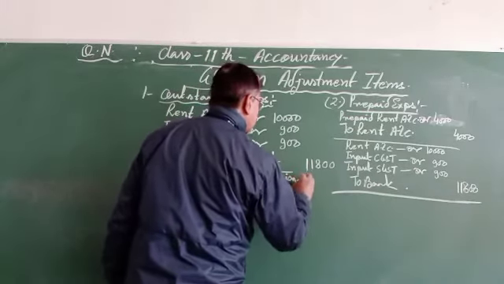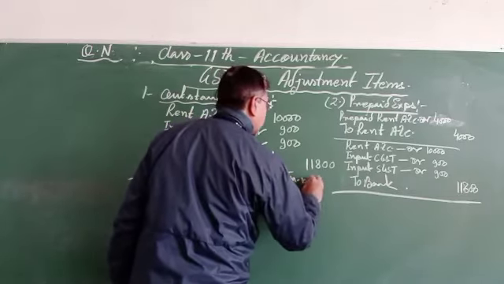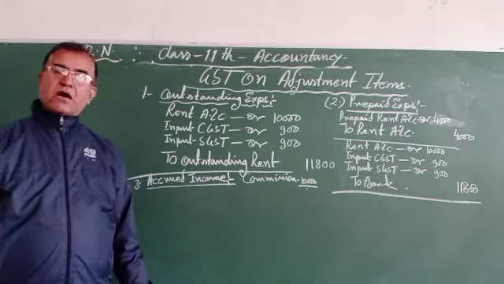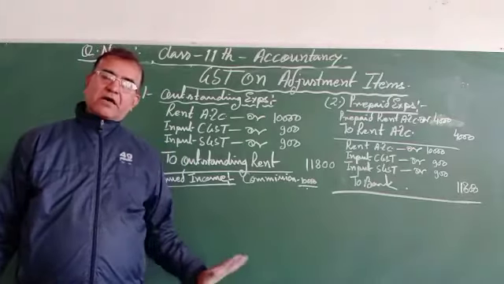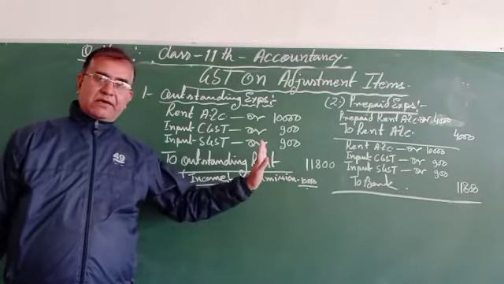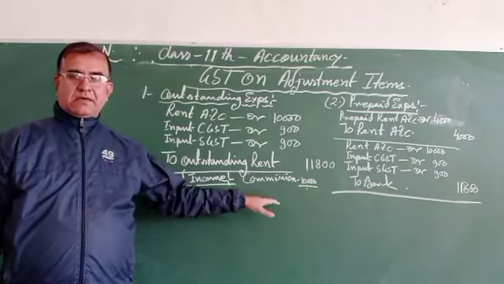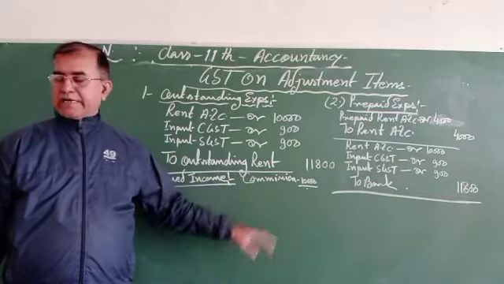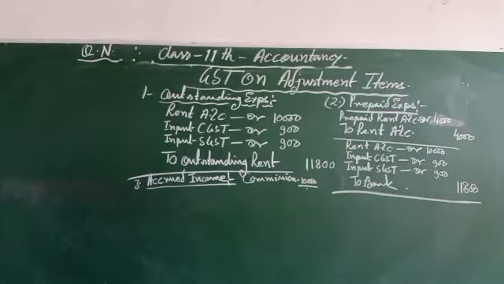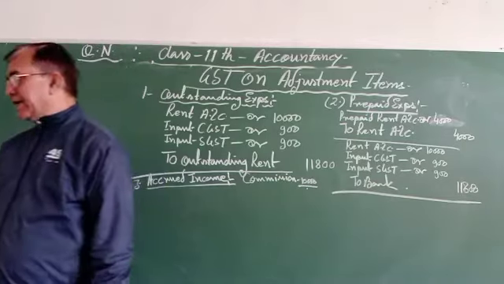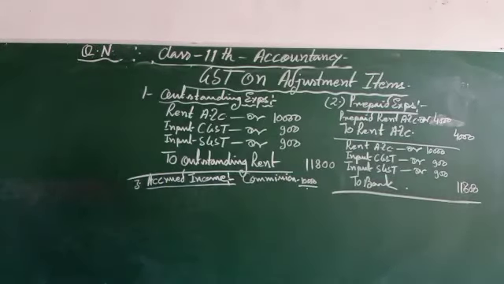Commission, that is 10,000, and out of which 4,000 is accrued, means earned. Commission earned 10,000, that is given in trial balance, and the accrued commission given. Commission received 10,000, 4,000 accrued. So the journal entry will be accrued commission